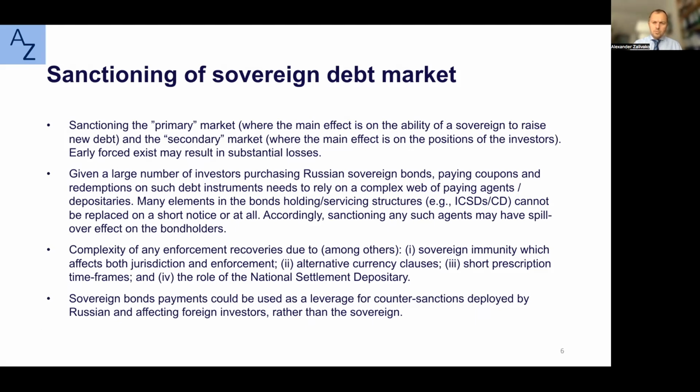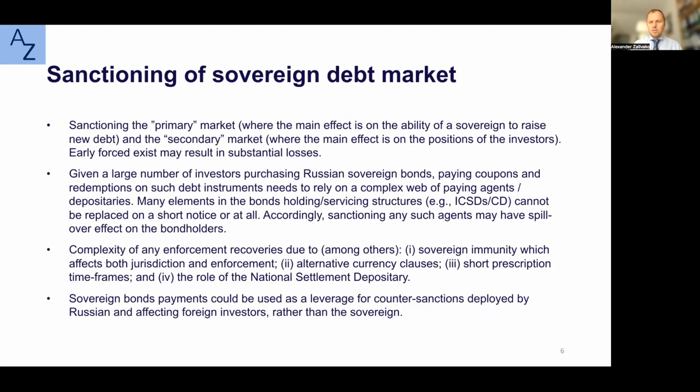To summarize enforcement, one may say that there is nothing more difficult than to enforce a claim against a sovereign for a number of reasons. The first one is sovereign immunity, both with respect to jurisdiction over the relevant claim, and more importantly, with respect to attaching the assets once you get the award or a judgment in your favor. Both of these points can be opposed on the basis of sovereign immunity, and whilst the first hurdle, meaning assertion of jurisdiction,